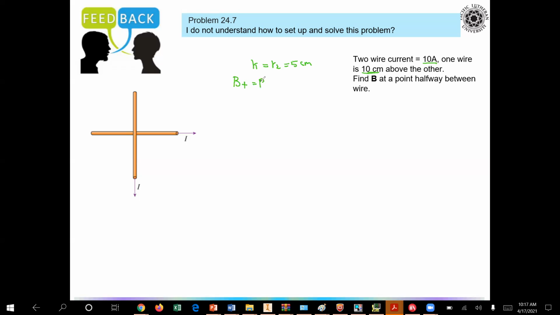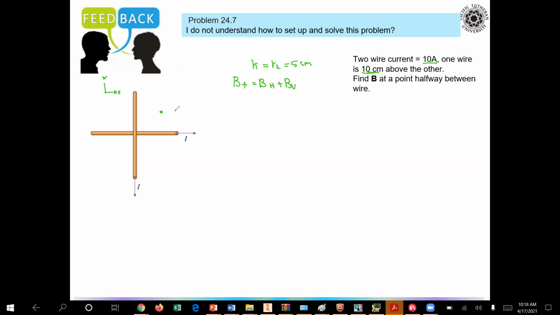B total, will be equal to B from the horizontal wire plus the magnetic field from the vertical wire. But this is vector addition, not just algebraic addition. So the first step, I need to identify my components. I observe the point P in the middle. Let's assume this point here, and our x and y axes, here is the x and here is the y